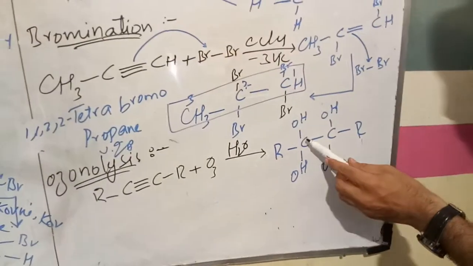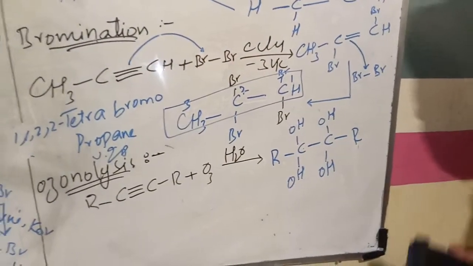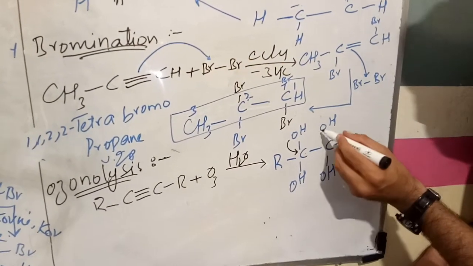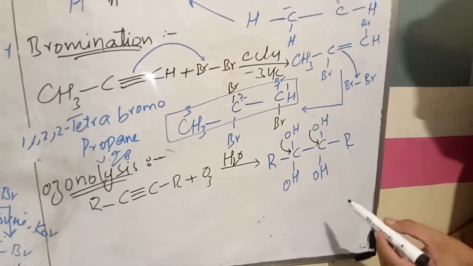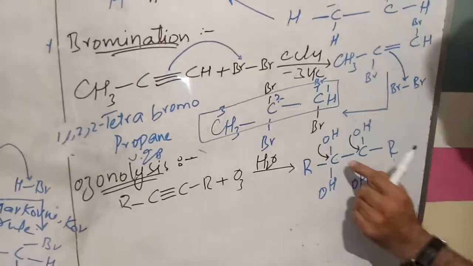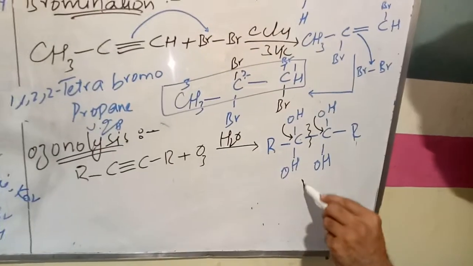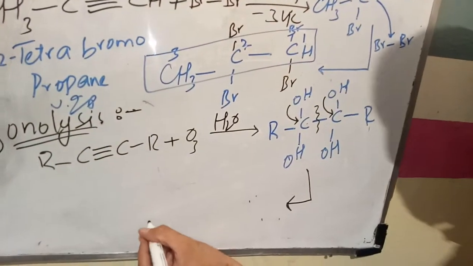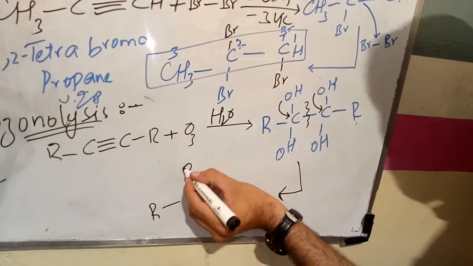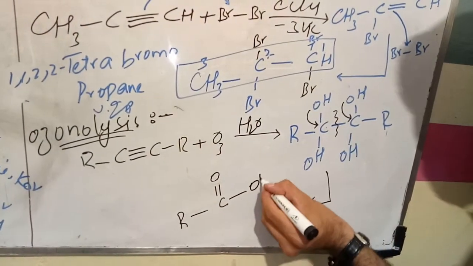As you know, one carbon cannot bear more than one electronegative atom. This will create instability. So to reduce this instability, one oxygen will attack this carbon. This oxygen will also attack this carbon. As you can see, this carbon already makes 4 bonds. By accepting attack from this oxygen, this carbon must cleave its sigma bond. As a result, our product will be formed as R single bond C. This carbon will make a double bond with this oxygen. As you can see, this carbon and this carbon break this bond, and this OH will remain at this side.